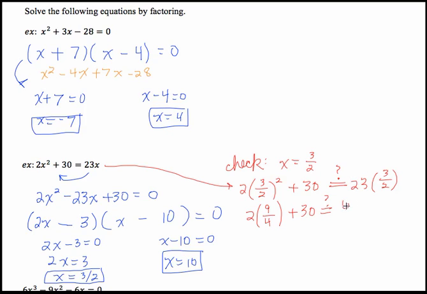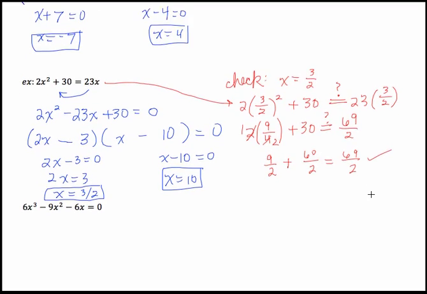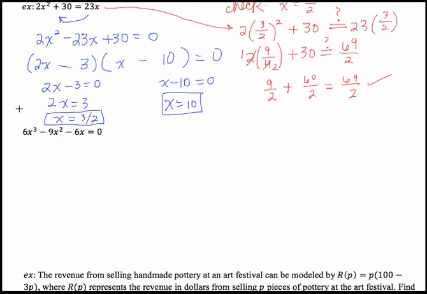So 2 times 3 is 6, 3 times 3 is 9, that's over 2. So this 2 and 4, I can take a 2 out of both of those. So we have 9/2 plus 30. Let's write 30 as 60 over 2. And then, yes, it's pretty obvious that 9 plus 60 is 69/2. So that's just to check one of them. You could check the other one just as easily. Okay, this next one,